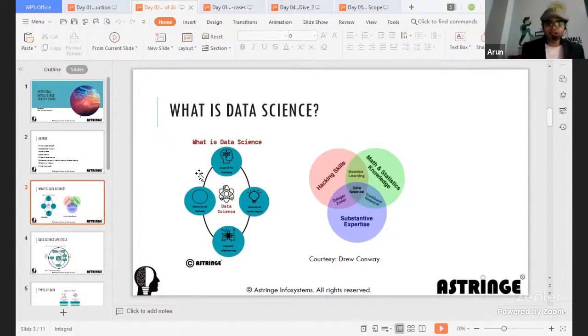Data science is not just AI. According to an American scientist called Drew Conway, data science is a combination of maths and statistics knowledge, having proper hacking skills, programming skills, but more importantly, you should also have domain expertise.